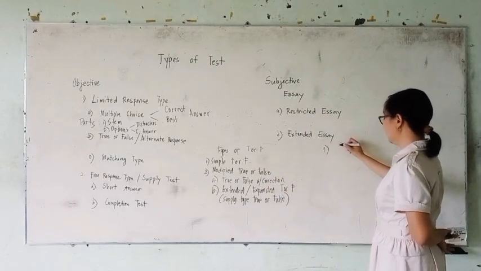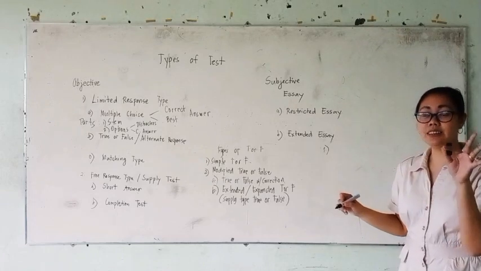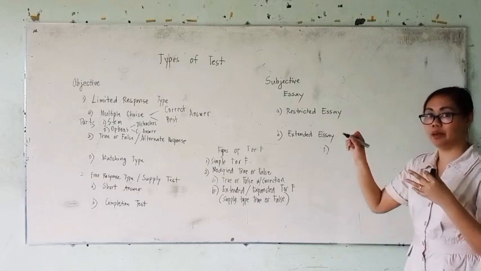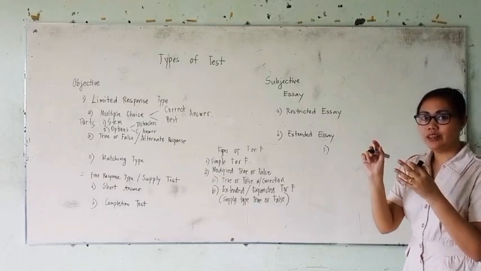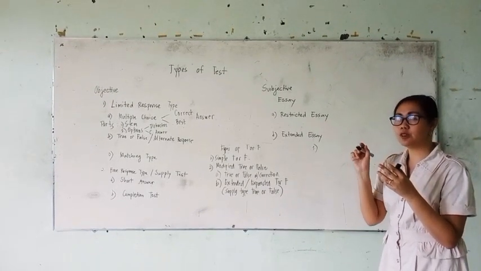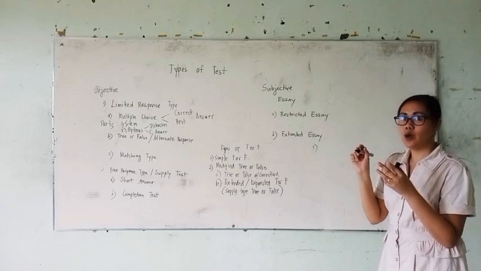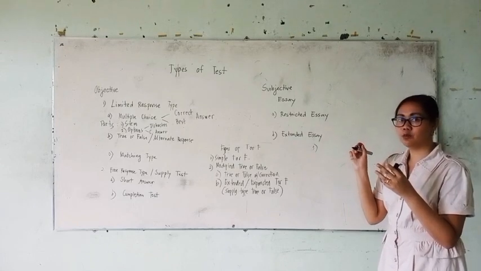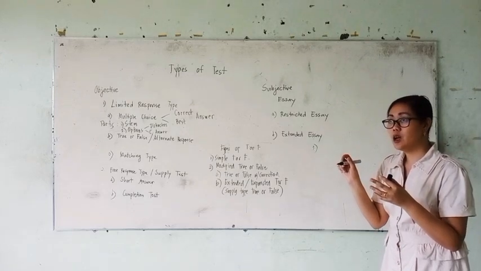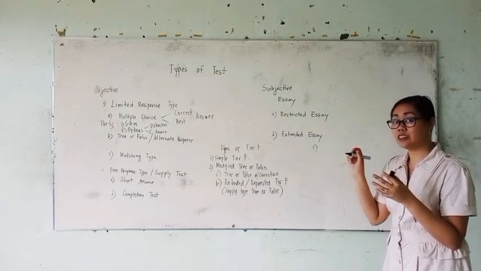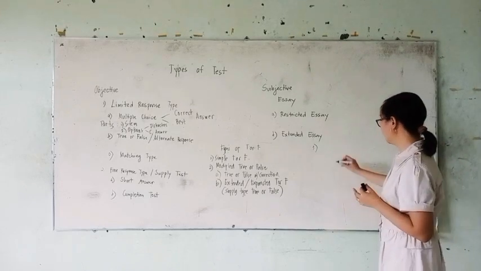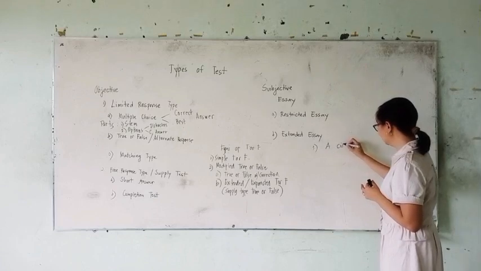Example. There is a statement, and there are options that will complete the statement. Ang sasagutin ninyo, hindi yung kung ano yung nakakakompleto sa statement. But you're gonna supply all the options one by one, and from the options, once you supply it to complete the sentence, you are going to identify whether that sentence is correct or not, based on the term that you will supply. Example, a circle